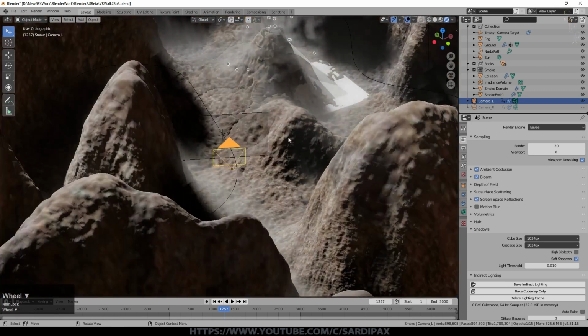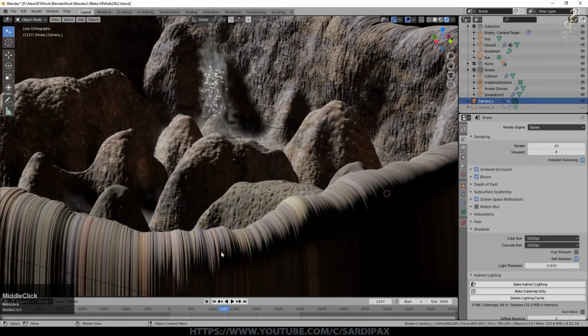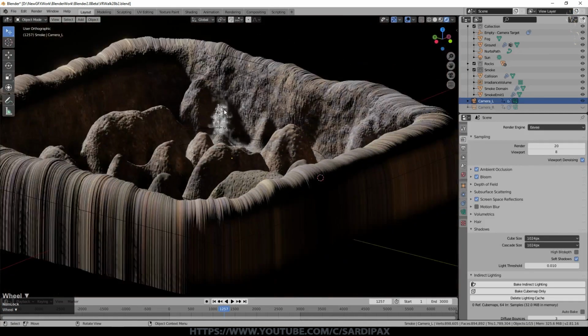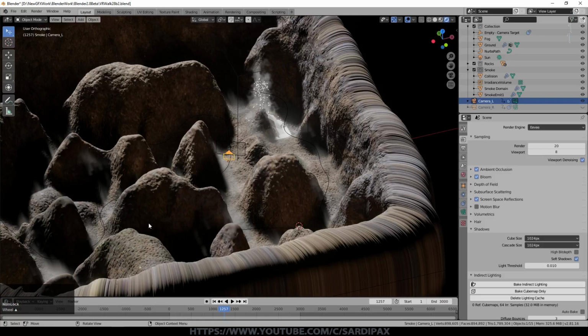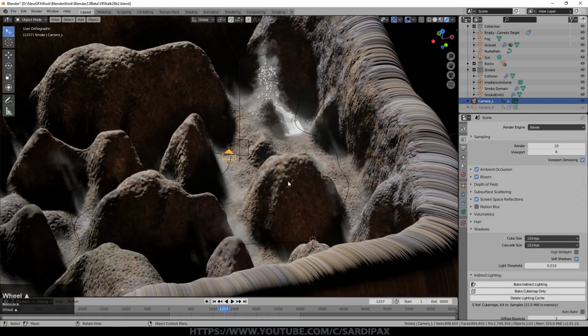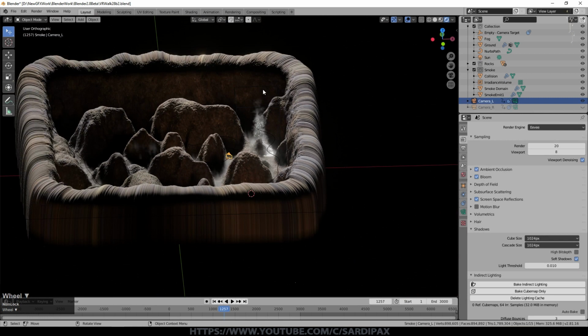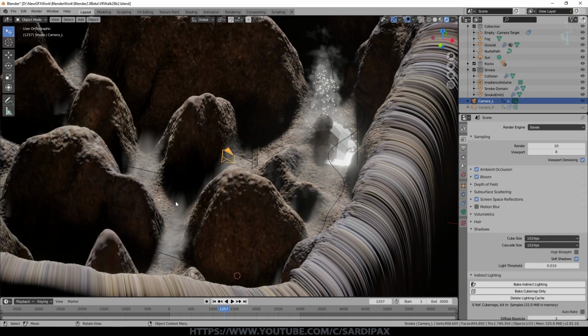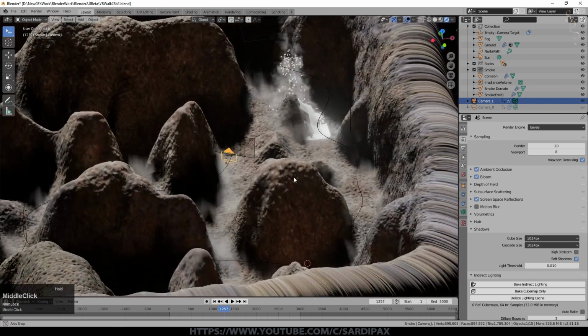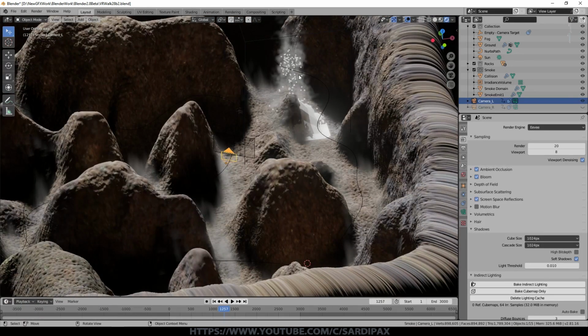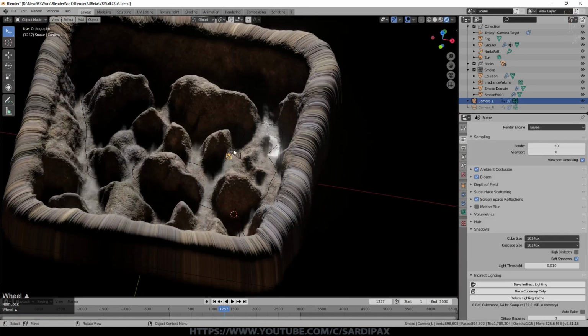So we're out of 3D mode there, and essentially I've got a plane that I've added some distortion to. I've then got some higher frequency distortion to give the sort of surface features. There's some texture mapped onto it. I've got a single light, which is a sun lamp, and then I've got a box which has got a volumetric loaded onto it and also an animated texture, which gives this sort of misty effect down here. And then finally a particle fountain here that's being used to drive a smoke and fire simulation to create this sort of steam effect coming out of this little geyser or whatever it might be called. And there's my camera, you can see there.